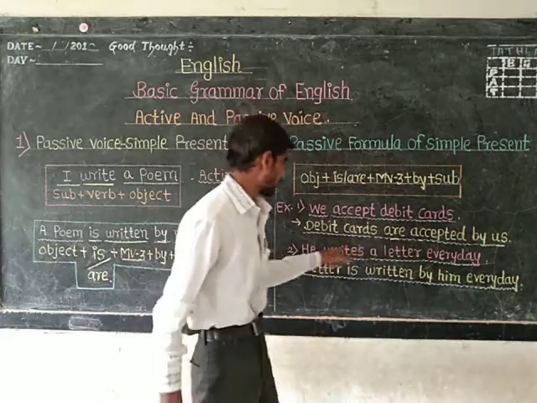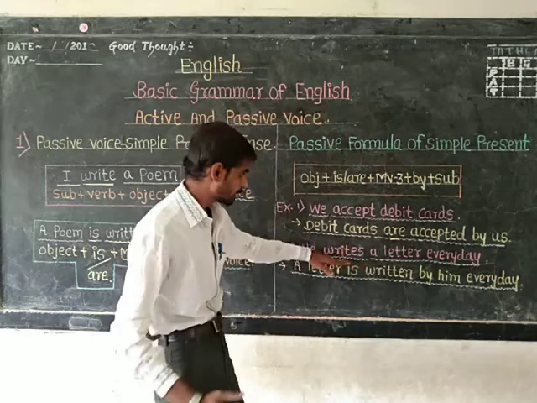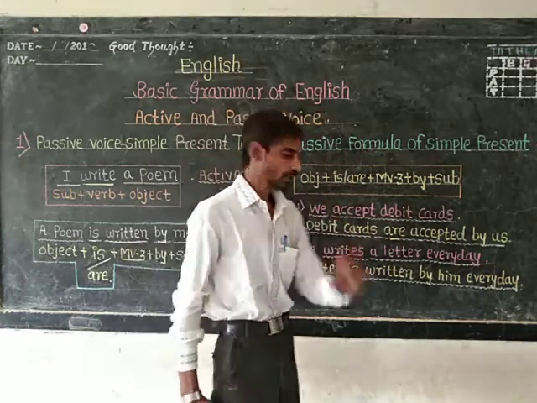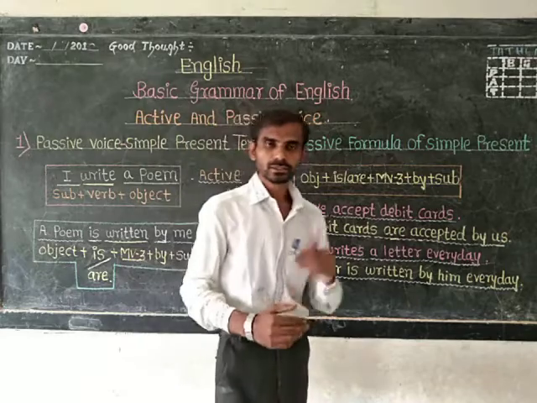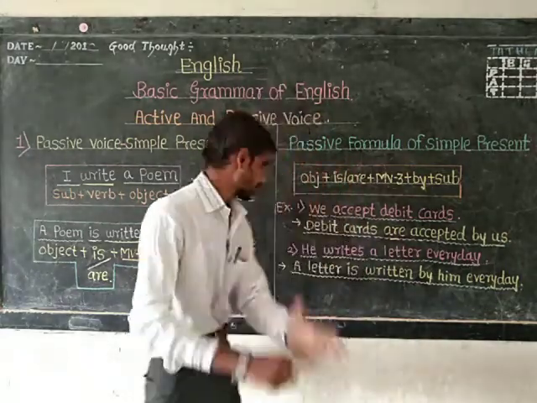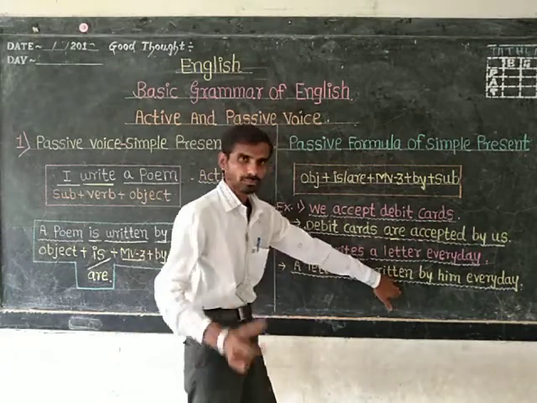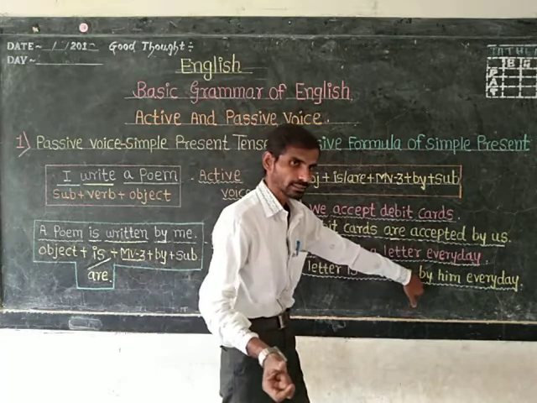Once again, try to find out the main verb 3 of the given word, that is write, and therefore it will be write, wrote and written, isn't it? Write, wrote and written, and therefore a letter is, after helping verb we have to apply MV3, that is written